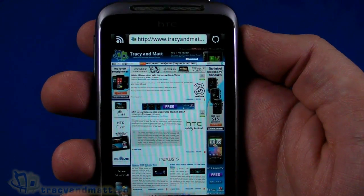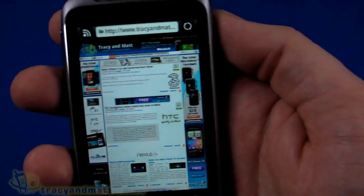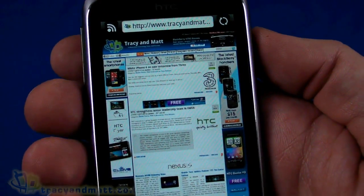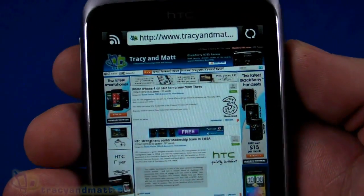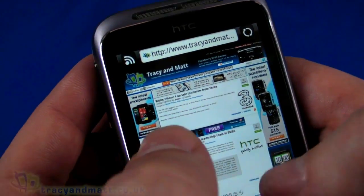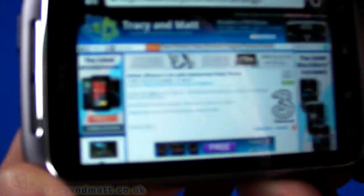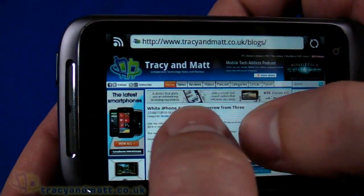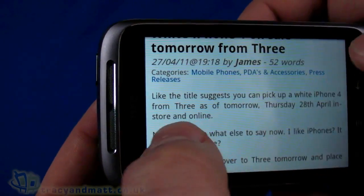I'm using broadband and Wi-Fi connection, but that loaded really quickly, rendered really quickly too. And despite it being only a half VGA display, it's done a really good job at actually displaying the page. Now I can't read the text in that resolution. I possibly could do this way around. Yeah, even the small text there I can read, but I can zoom in and out using 2 fingers for